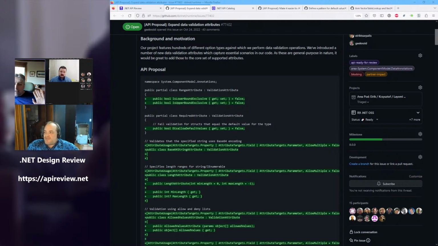So the issue is that you want to validate. First, the original proposal had a distinct attribute that was called no default values, or something. What was it called? It was called non-default value required. So it's an unambiguous name.